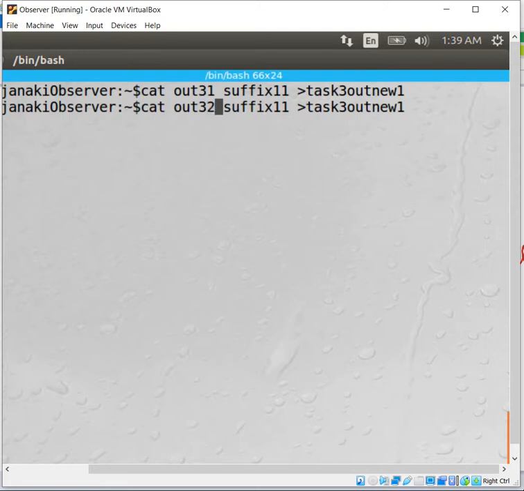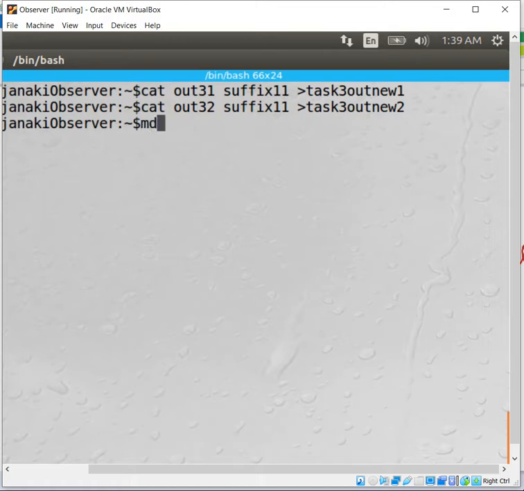Out32 is nothing but the Q value inside. With the suffix I am going to make out_new2. Right, I am going to make 2 tasks. So how many output tasks now? Task3_out, task3_out_new1, task3_out_new2.